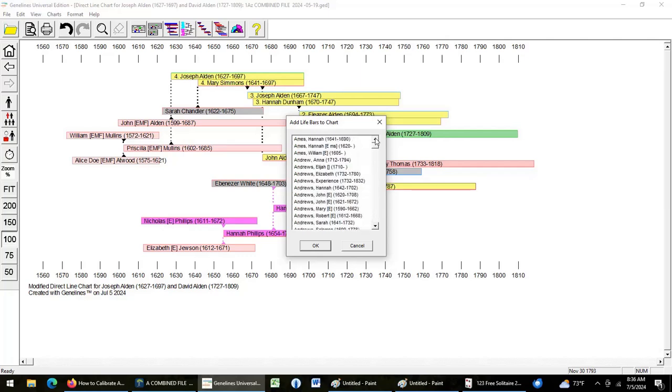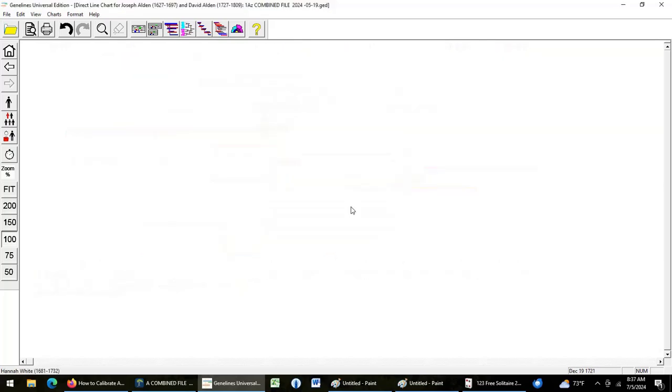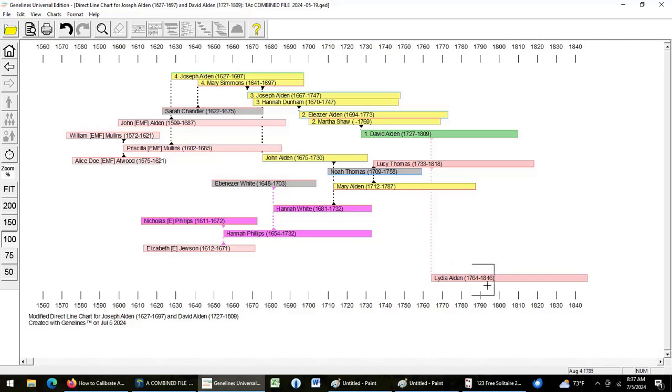By holding down the button, it moves up. You can watch the names as they change. Here we go, John. Lydia Alden right there. Click on her, click OK. And now we're going to have to expand the chart, do that. And there's Lydia right there, and she shows that